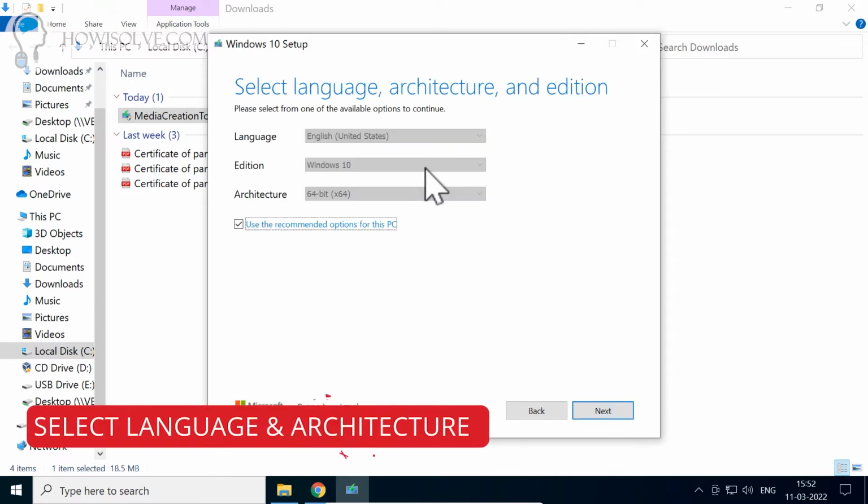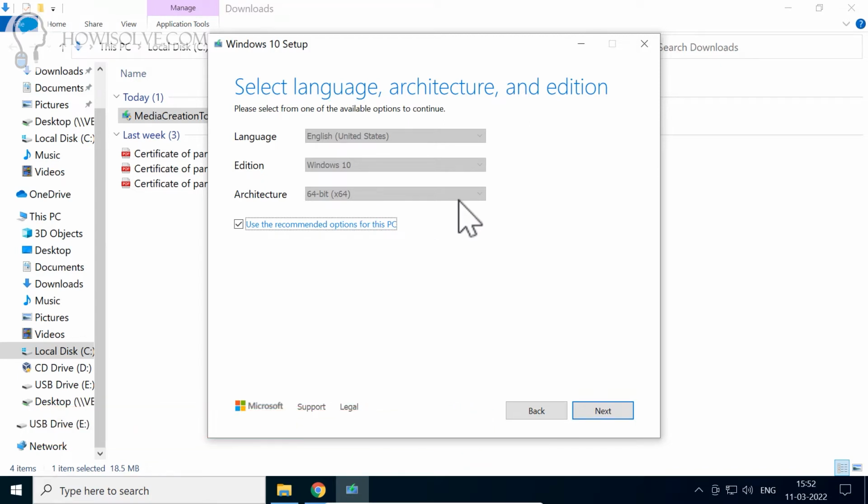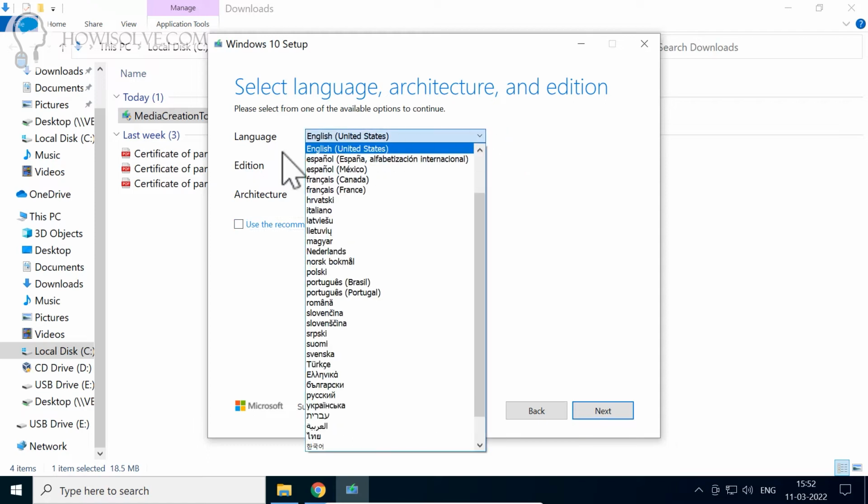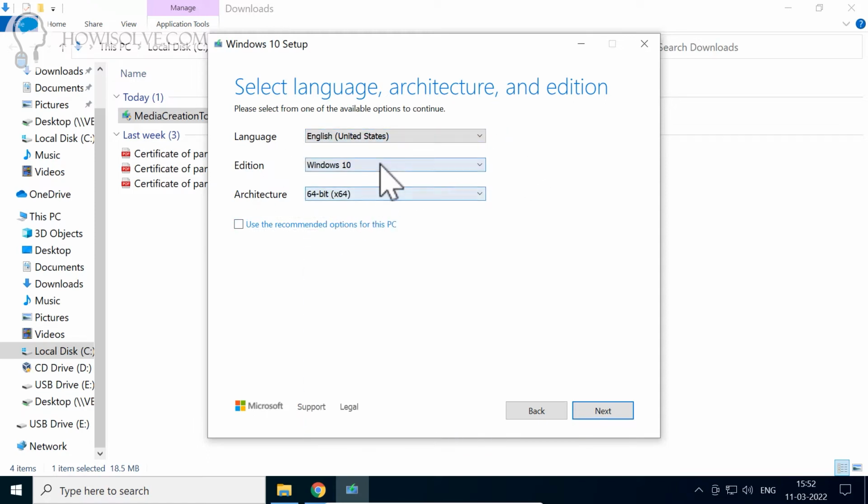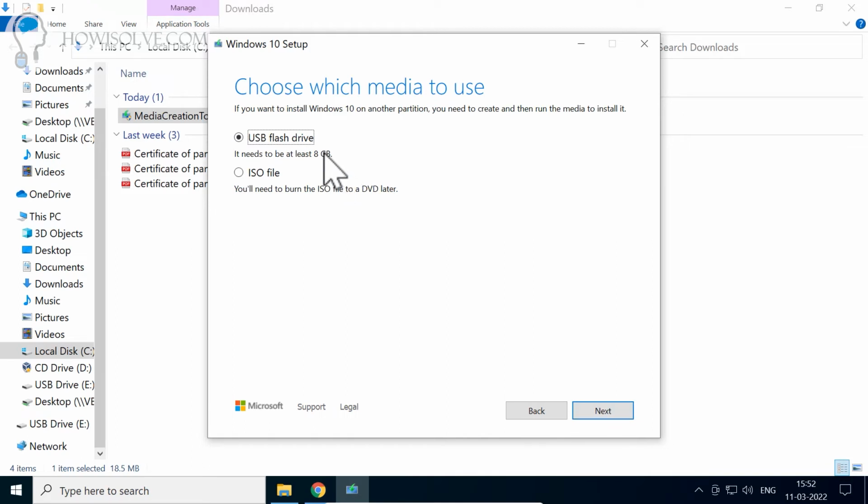Here you will see the language, edition and architecture, that is 64-bit or 32-bit of Windows 10 that you will be downloading and creating the installation USB drive. You can change it if you want to. You can simply do this by unchecking this box over here and then select the language, and edition you cannot change, is Windows 10 itself, and then over here you can change the to 32-bit, or you can also make it both. So we'll use the default options and then select next,